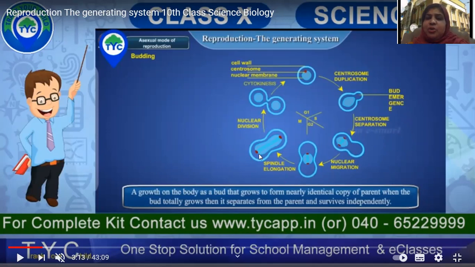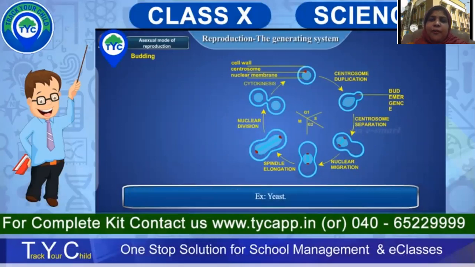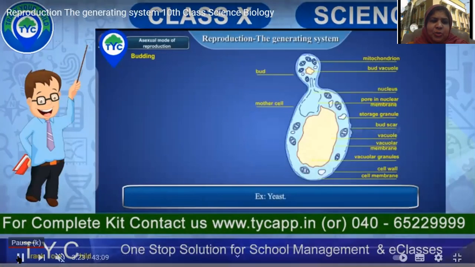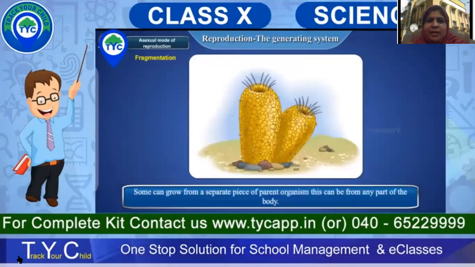During your mitotic division you see all these changes take place, and finally a daughter cell is produced through this nuclear spindle-like elongation, and then the nuclear material divides very equally. If it is not divided equally, we find a lot of problems in the daughter nuclei. So that is how, through mitosis, budding takes place, and a new daughter cell is formed through mitotic division, and a new organism is generated.